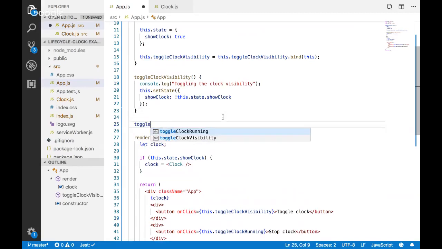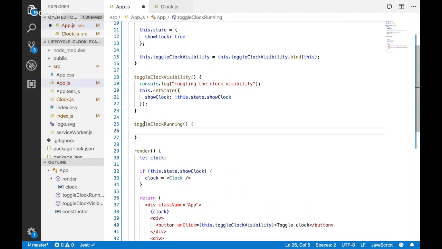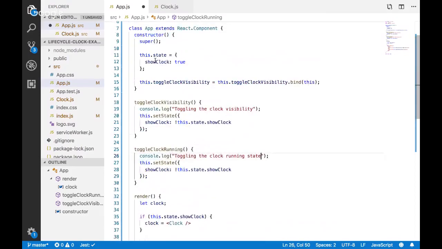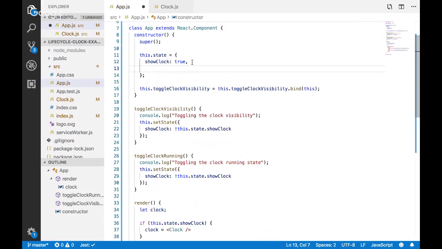And what we're going to do here is the same sort of thing. I'm just going to copy that, toggling the clock running state. And this won't be setting show clock. It's going to be setting a value called isClockRunning, which is true right now.